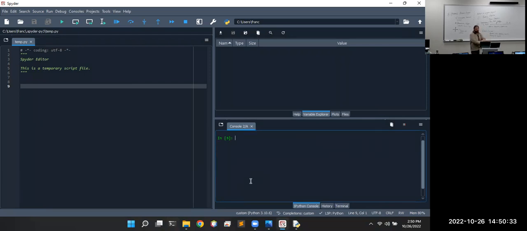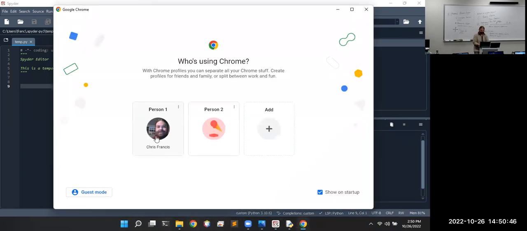There it is. I'm going to be using Spyder. It has some really nice tools, useful tools for debugging and stuff. Does everybody have a Python environment they can work with? If not, or if it's delayed,